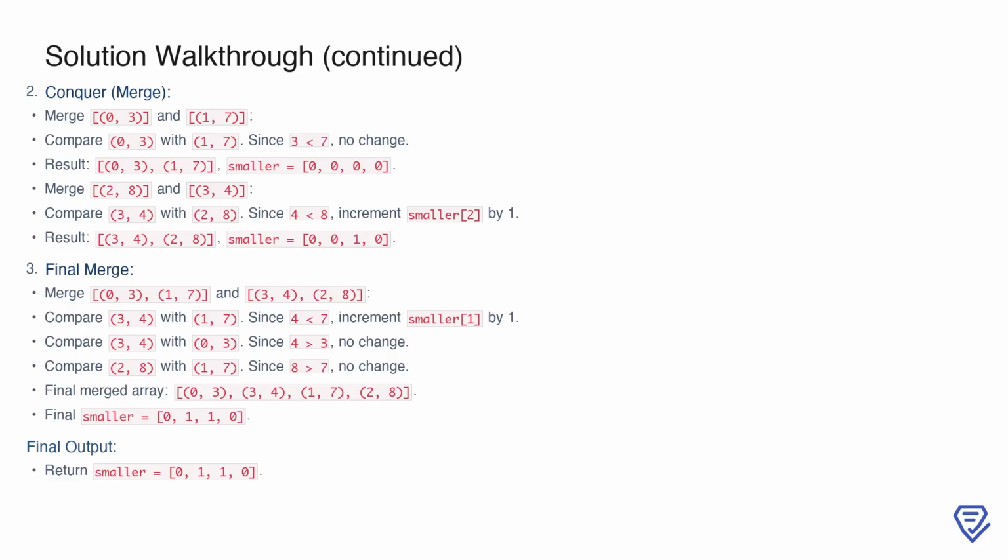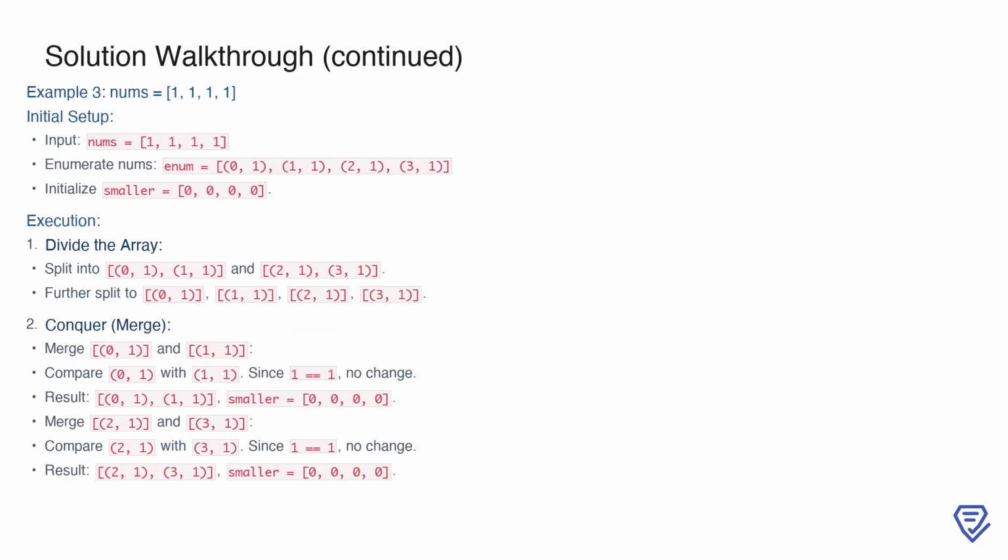After completing all comparisons, the merged result is [0, 3, 3, 4, 1, 7, 2, 8], and the smaller array becomes [0, 1, 1, 0]. In this example, the final output is [0, 1, 1, 0], indicating the count of smaller numbers after each element